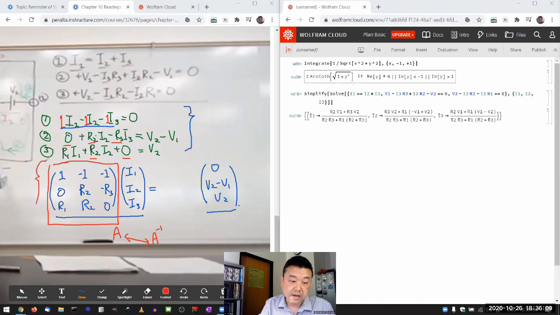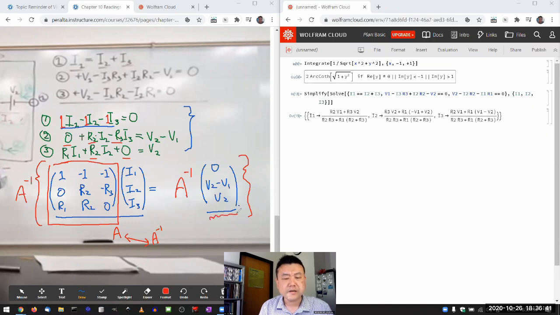You can take this entire expression, multiply by A inverse on the left. With matrix multiplications, you have to be careful about the left and right order because they don't commute. Then on the left-hand side, A inverse times A will cancel out. You'll get 1. So you get I1, I2, I3 equal to the A inverse times the